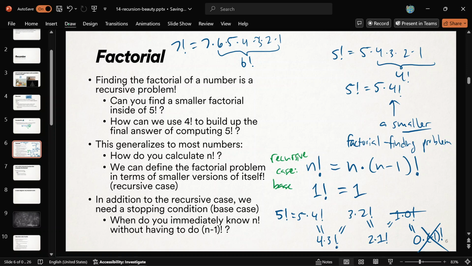That's called the base case. That's how you find your stopping condition. You just keep on going until things stop making sense, or you know the answer, okay? And so that's the secret. Both of these taken together will find the factorial of a number, because you can just keep breaking it down. All right, 5 times 4 times 3 times 2 times 1. And that is the answer, right? We're using both of our rules together. I hope that makes sense.